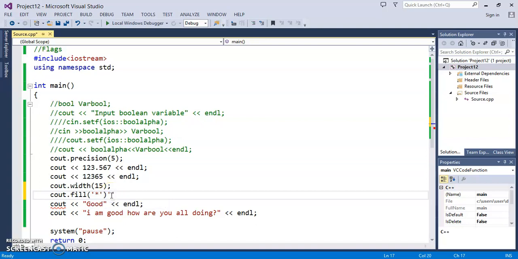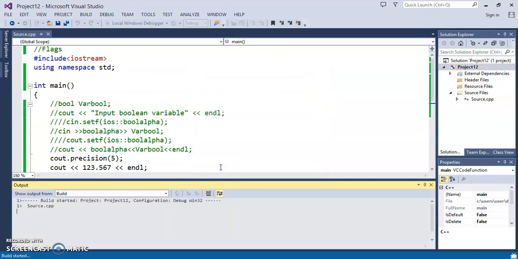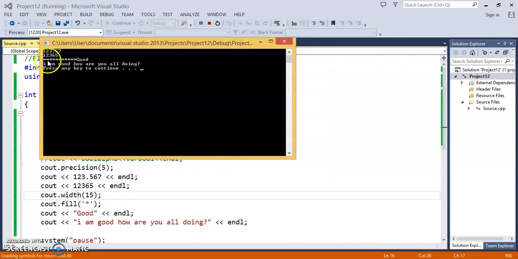Whatever is blank, I want to fill that blank with an asterisk. So now let's run it. See, there should be 11 asterisks and then good, because width is 15. So it will fill the excess characters with asterisks. Okay, so this is one thing.